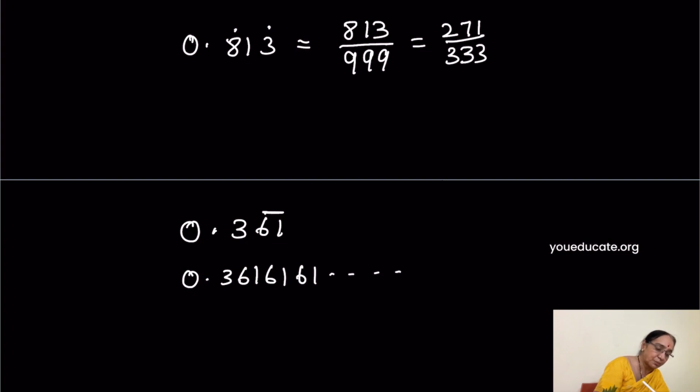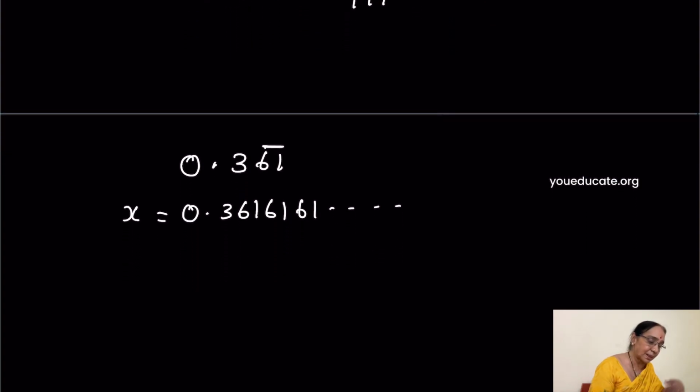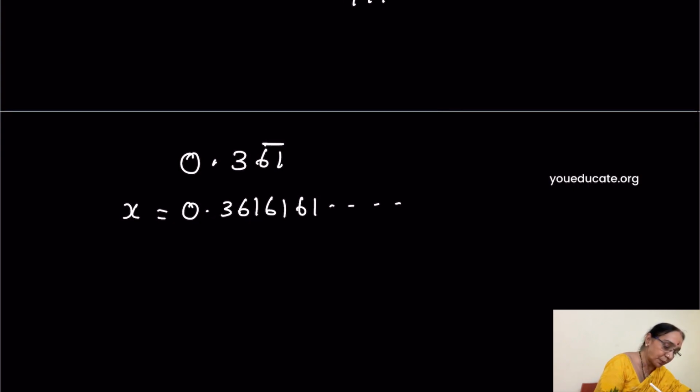So let our x be equal to 0.3616161. Now in this case, where not all digits are repeating, 3 doesn't repeat. When you have instances like this, you need to do 2 multiplications. One, you move the decimal point over all the 3 digits,